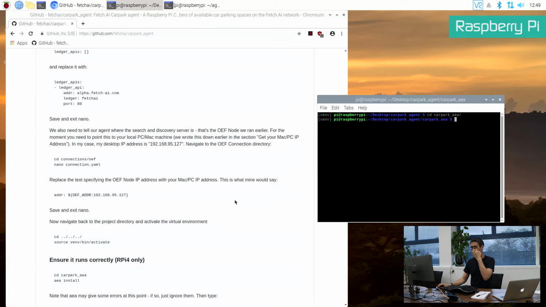So my terminal looks a little bit different to yours, but the steps are still the same. So we have just updated the connection.yaml file. We've now navigated to the carpark_AEA directory,